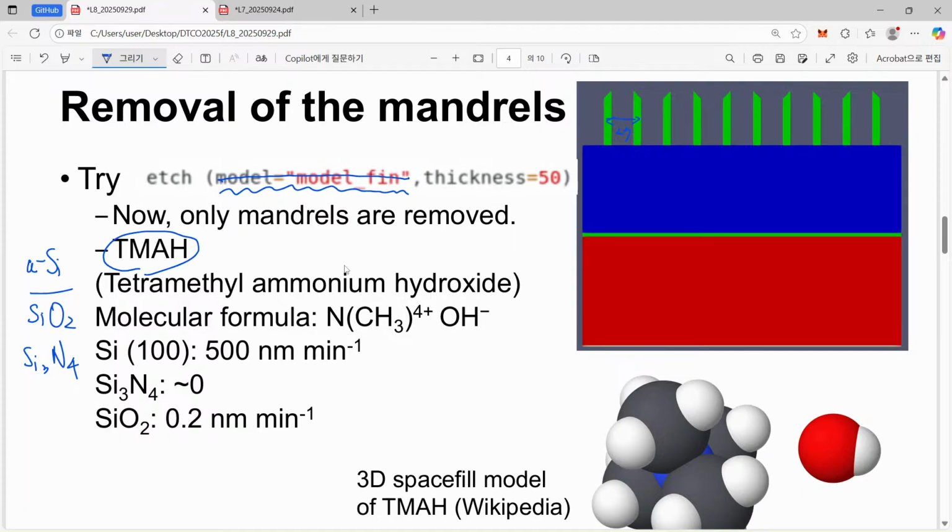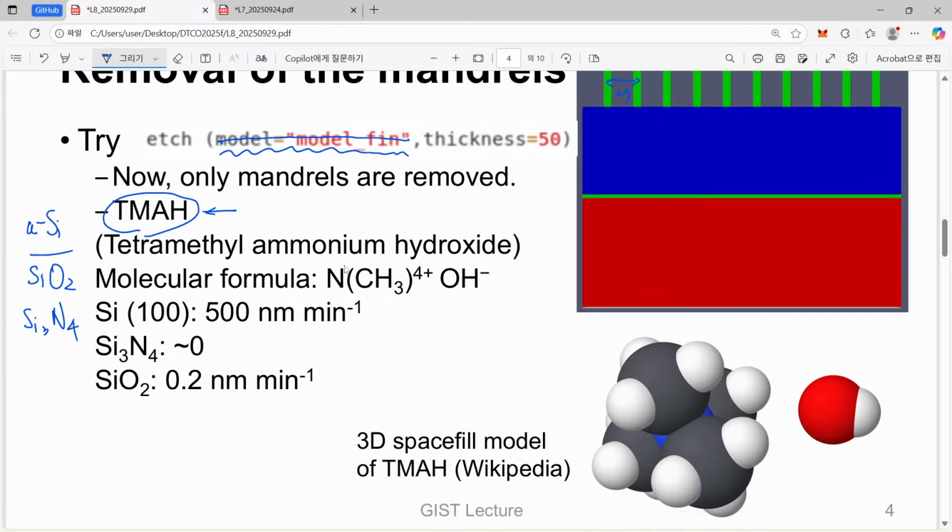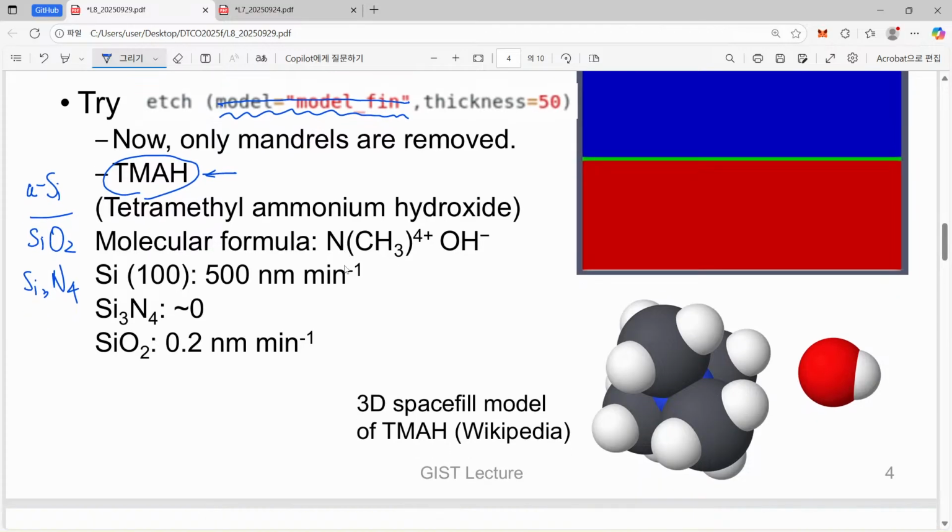Actually this is my first time reading this name. I'm not the experimentalist. I'm just working in modeling and simulation. So usually I do not have a proper understanding of what chemical is actually used, and I just dug out the references and I found it. So this is tetramethyl ammonium hydroxide. Well, what is this?